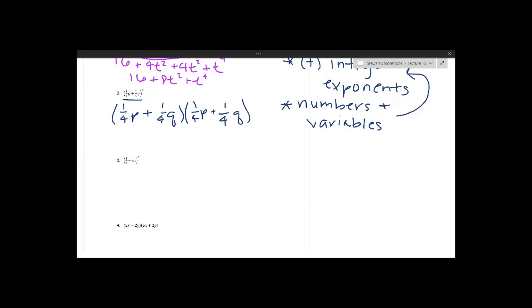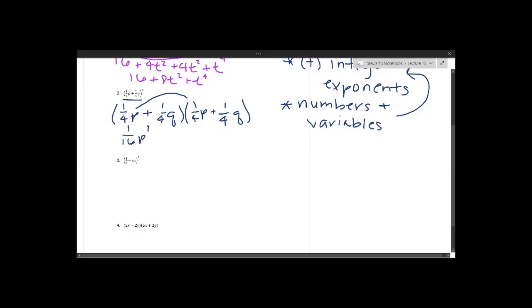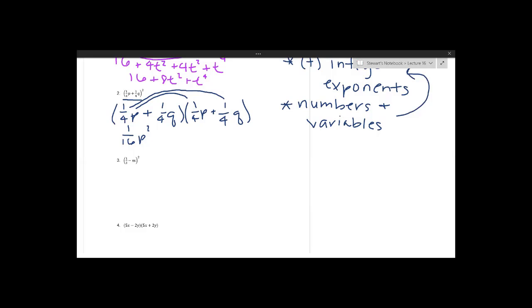Okay, so FOIL method, once again: first, outer, inner, last. First is 1/4 p times 1/4 p. So that's 1/16 p squared. Then outer, we have 1/4 p times 1/4 q. Well, 1/4 times 1/4 is 1/16. Can't combine the p and q, they're just multiplied together. So we have plus 1/16